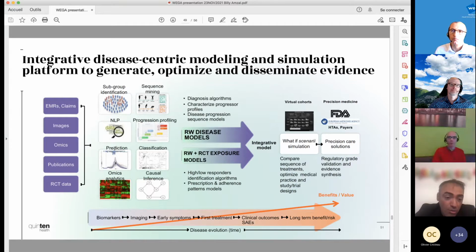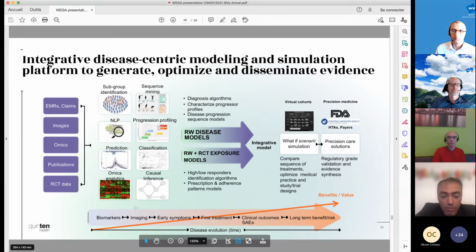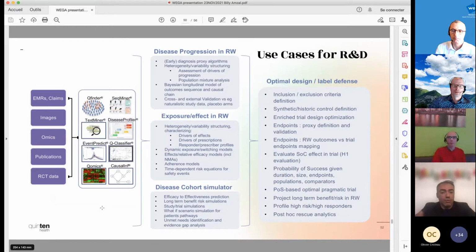You need also predictive algorithms, of course, especially discrete event predictions and classification. You need also to deal with omics data and potentially systems biology models as well. And you also have to incorporate causal inference to structure well the causal chain as much as possible, and basically allow for this end-to-end disease modeling. So that's basically the ambition to platformize this approach, and illustrate the use of such